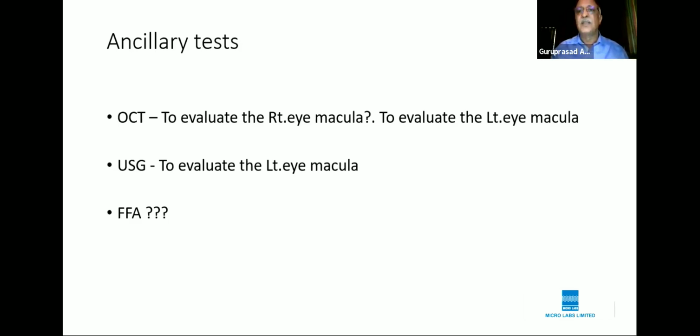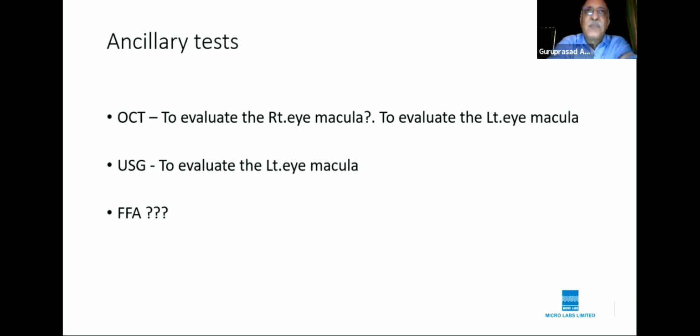And definitely I will evaluate the left eye macula. The left eye macula is ectopic, it is dragged down, it is detached. Therefore, I would like to see where the membranes are, how the macula is being pulled, what effect this pull has on the macula in terms of whether it has caused cystoid changes or schisis effect. All this has to be evaluated, and therefore I do an OCT for the left eye. Ultrasound again to evaluate the left eye macula in terms of how much it is detached.